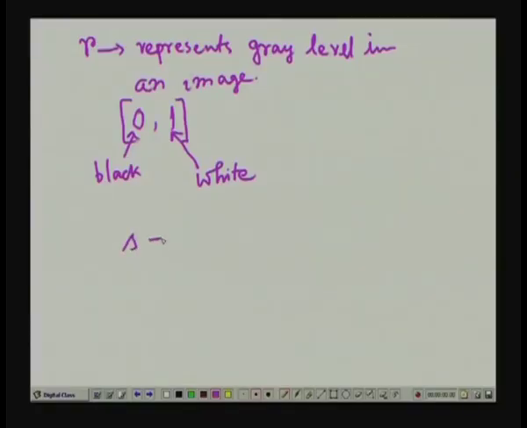Now, as we said, for point processing we are interested in finding a transformation of the form S = T(R), where R is the intensity in the original image and S is the intensity in the processed, transformed or enhanced image. Now, this T, the transformation function, has to satisfy two conditions. Firstly, T(R) has to be single valued and monotonically increasing in the range 0